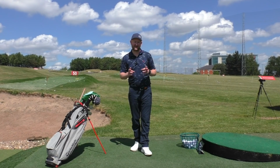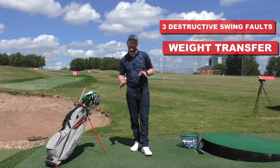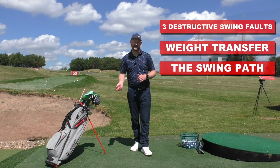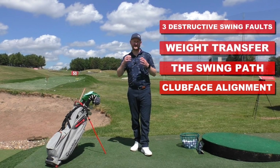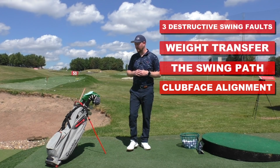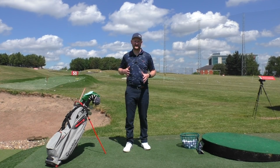Today we're going to be looking at the 3 most destructive moves I see in golf swings. Let's see if you're doing them and let's see if we can fix them. Let's get stuck into this lesson. The 3 things that we're going to be talking about: how we use our body in terms of transferring our weight and how we turn and actually shift it in the golf swing, the direction the golf club is going to be traveling in the golf swing, and also controlling the club face in the golf swing. So let's get stuck in with the first one, which is going to be how we use our turns and